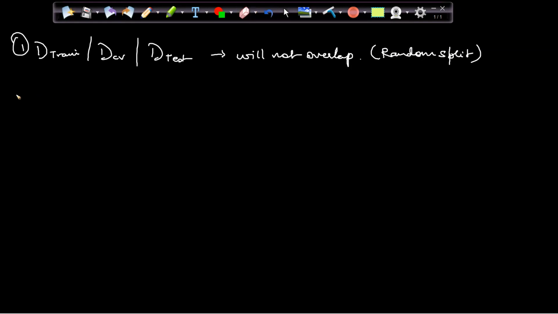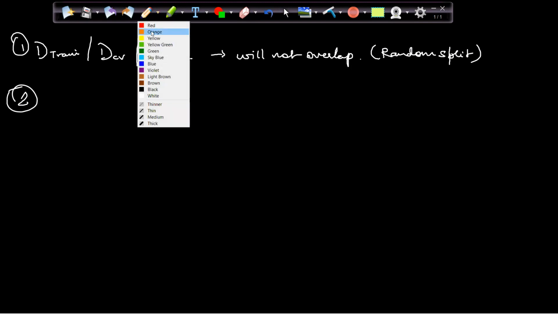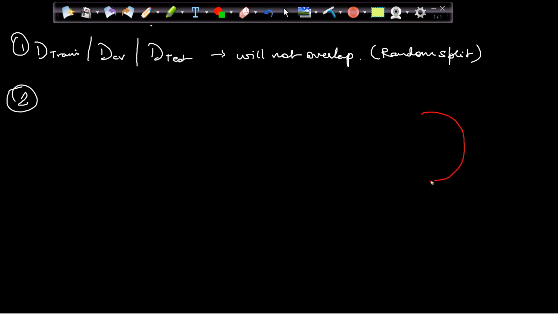The second point is that if there are many positive points, let's assume this is my section of the data, and here I have the green points, which are positive points, going by cycle for example.